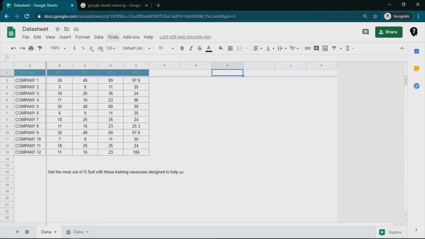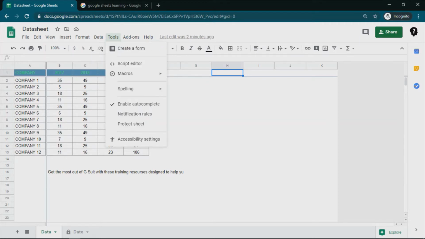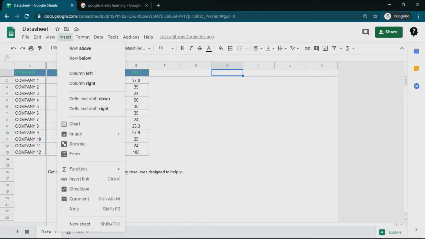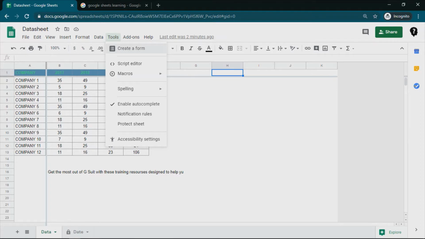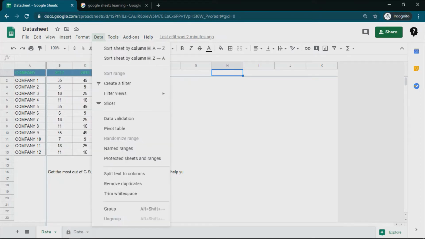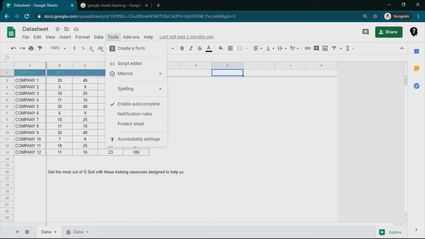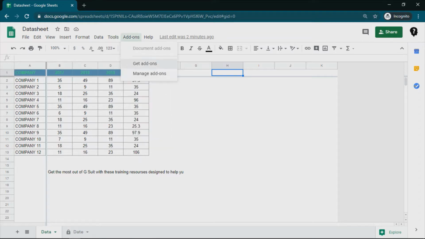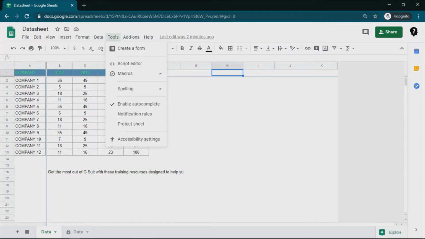So basically the tools, and we'll see the different commands in it. So in tools, we have create a form. This is a similar command which we have seen in the insert chapter under form. Same way we can create a form via the tools menu as well. So there are some duplicate commands in the insert or data menus with tools, but this is designed especially for the logic flow and how we normally handle Excel or Google spreadsheet.